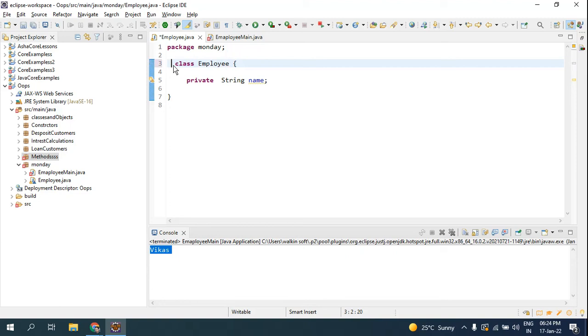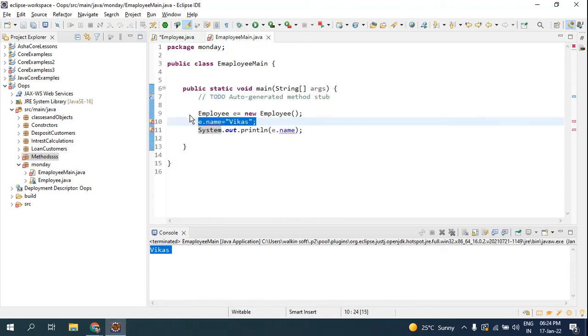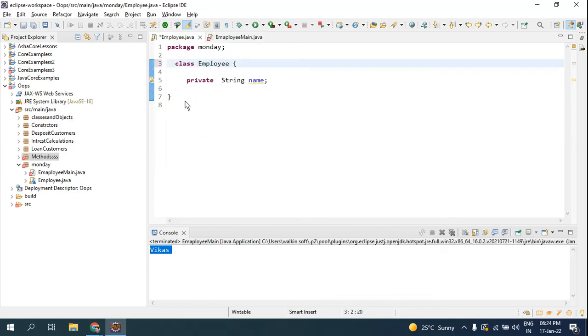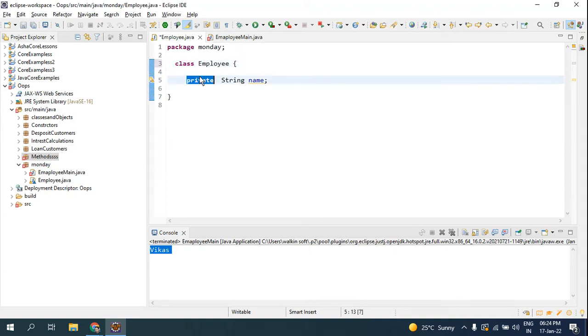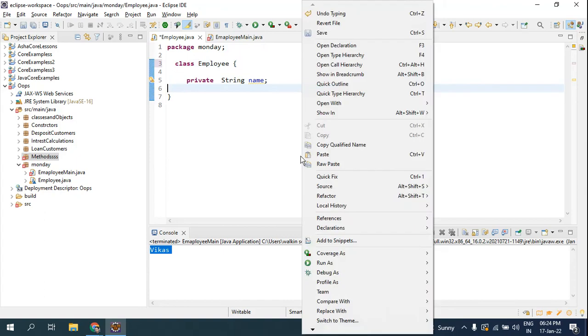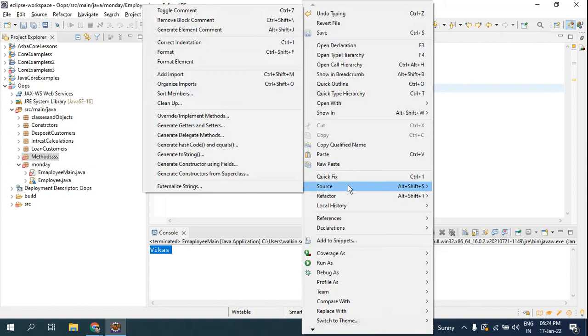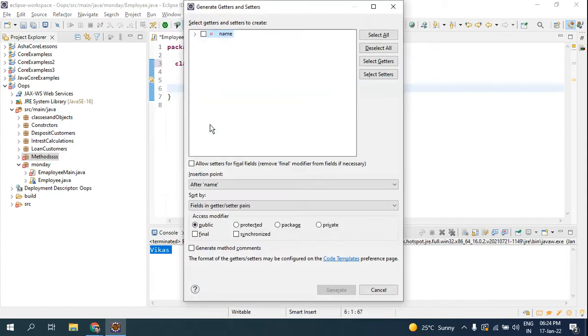So going on to the second example, now you have an attribute, but you cannot use it in the same class, ename. How do you want to get access to it if in this class you don't have the attribute? Look, this string name can be used in another class. If I have made this private, how am I going to do that? I'm going to generate, look here, you have to right click on your class and go to Source. When you click on Source, you are able to see generate setters and getters. Once you click this, you have to select the attribute you want.